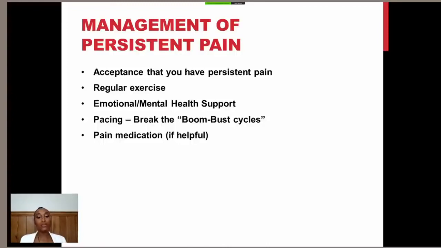And then finally, pain medication. It does have its place. A lot of the stronger medications do give you some quite not nice side effects. So if you're on a lot of medication and you don't feel like it is actually making a difference, then you might need to speak to your GP or your doctor about that. But if you're on medication and it does help, then I would advise you to take it so that it enables you to function well and to be more active.